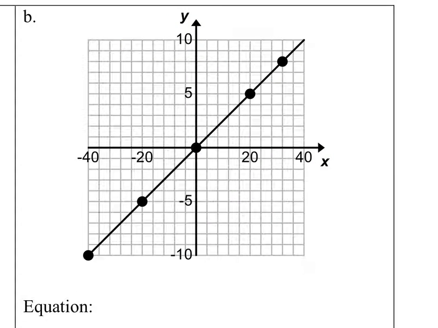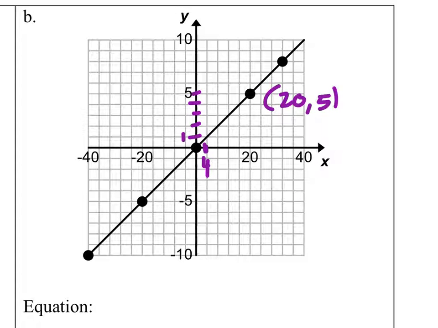Alright, now we got to be careful on these graphs because see the scale, we got 1, 2, 3, 4, 5 lines, which on the x-axis gave us 20. So how much is each of the lines worth? 20 divided by 5 is 4, right? So in other words, this line right here would be a 4. Now the y's is going up by 5, 1, 2, 3, 4, 5. So each of these is 1 right there. So what this means is we got this point right here,